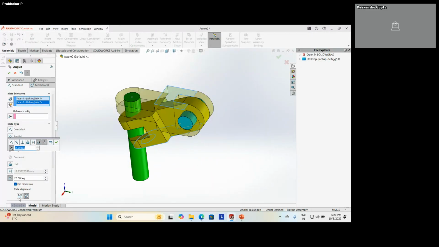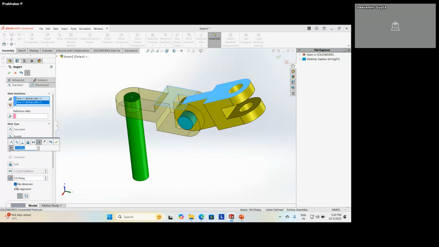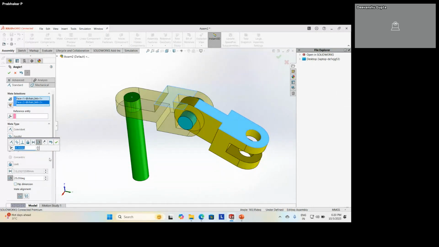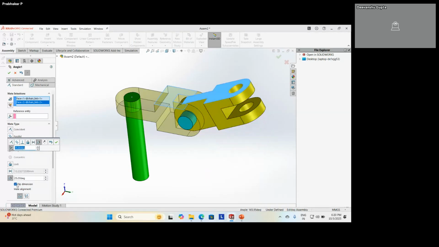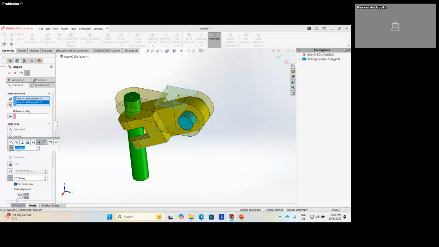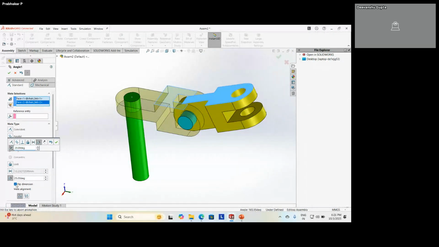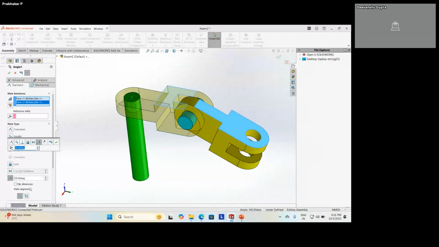If it is like this, don't worry, remove that flip or change the mate alignment and remove the flip. Okay, this 25 degree, you keep it as it is. Just play with these two things. Either if it is there or if it was earlier like this, don't worry. Just change it and remove the flip. If you work it out 2-3 times, you will get this option properly. Initially, you may struggle. Just try this 2-3 times, you will get it automatically.